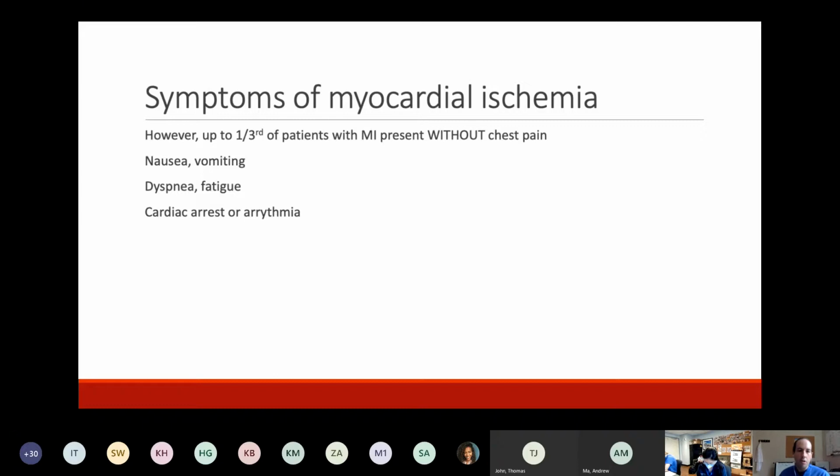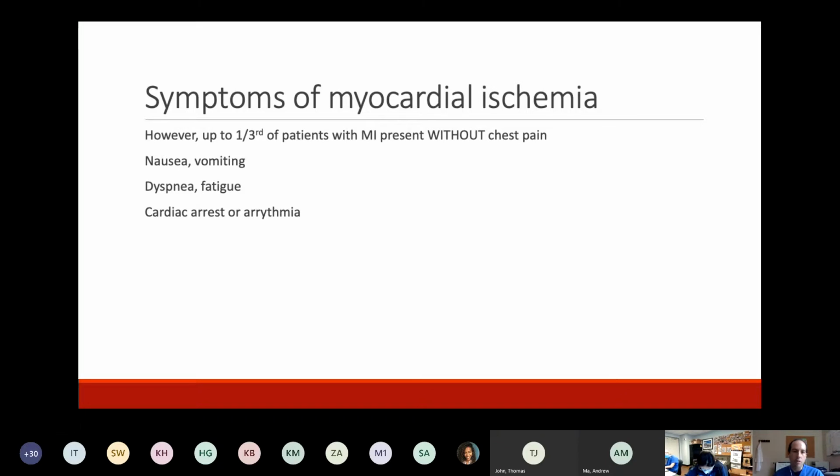Obviously, I know you guys all know this. Most people don't present typically. Looking at just some of the data, up to a third of people don't even complain of chest pain who come in with true myocardial ischemia. Classically, the atypical people are women and diabetics,